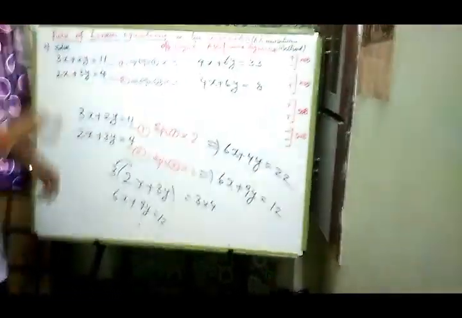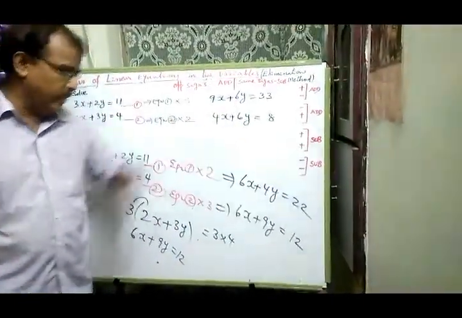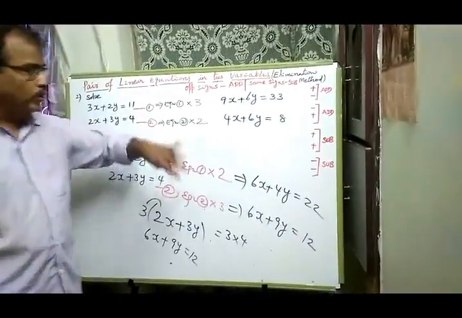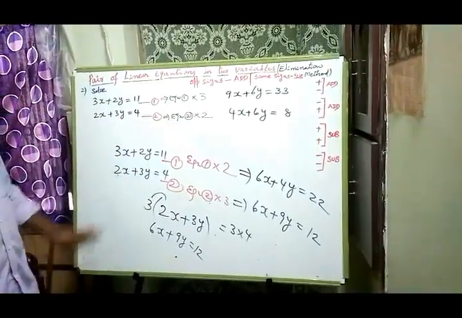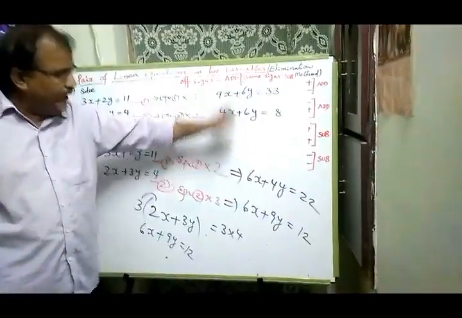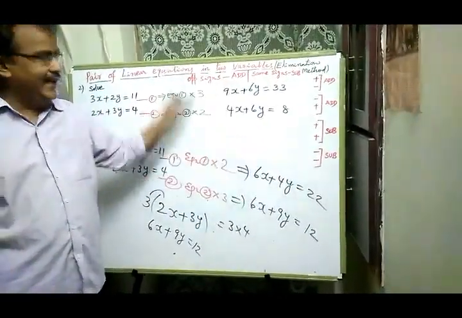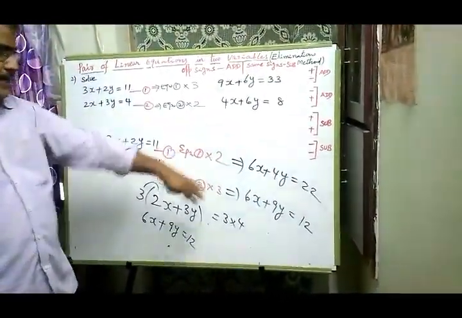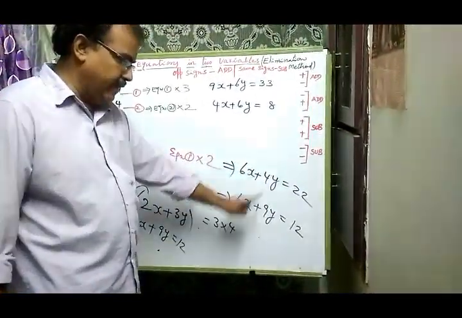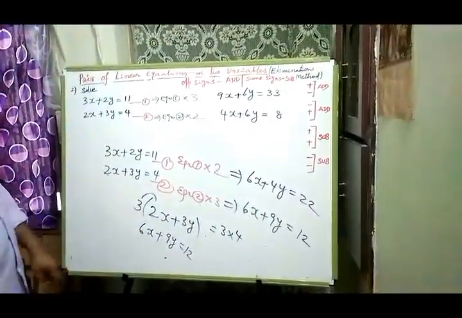You see this difference, find out the difference. Here I am going to eliminate y, that's why here I got 6y, 6y. Here I am going to eliminate x, that's why I got 6x, 6x. Either you can do it this way or that way, both are correct, you will get the same answer. Now here I am going to eliminate y. I will get the x value first, afterwards substitute the x value in any of the equations, and I will get the y value. Here this is reverse: first cancel x, you will get the y value, then substitute the y value in any of the equations, and you will get the x value.